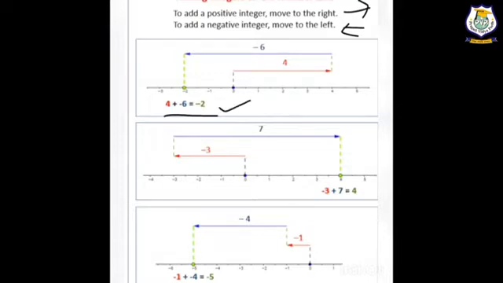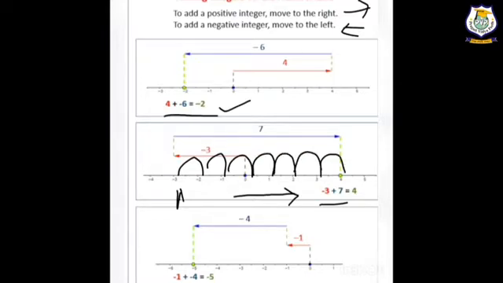Now we are coming to the second example. Our second example is -3 plus 7. Our first number is indicating the number, so here is our -3, right? You all have seen -3. Now the second number is +7. It means how many steps will we have to take? +7, and because of the plus sign we will have to move from left to right. It means the forward direction. How many steps? 7. 1, 2, 3, 4, 5, 6 and 7. Now where are we? On +4. It means our answer is +4.